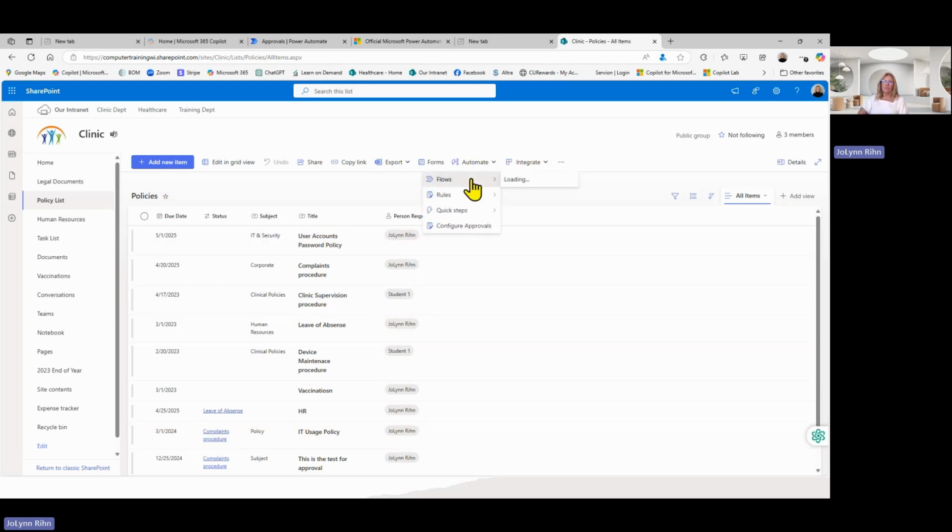Notice on the ribbon, I have Automate. So I can go into Flows. I could set a reminder and put a due date for that reminder. I could go into Rules and create a rule. I could go to Quick Steps and make a quick step for this as well. There's a lot of different choices that we have when it comes to working with these different power tools directly